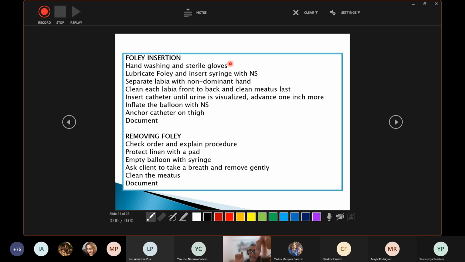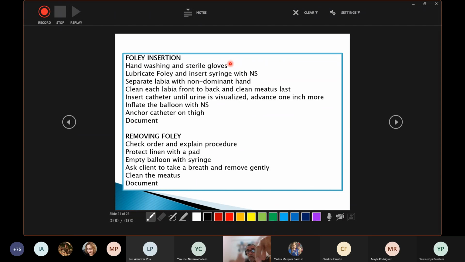With your dominant hand, which is sterile, you are going to hold an applicator. The base where you are holding it is sterile, but the tip has a sponge with an antiseptic. With this antiseptic you are going to clean the urethra of the client. Remember that in a man, the cleaning needs to be in a circular movement from the urethra outward, 3 times. But in women it is different.